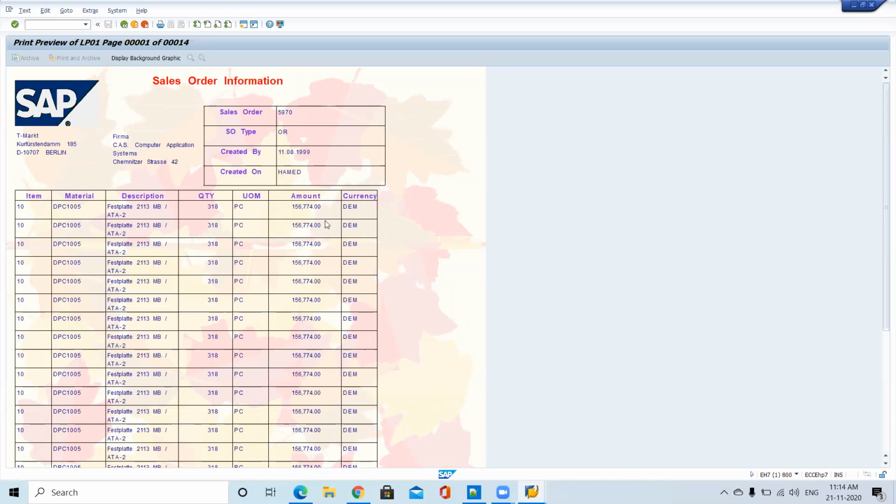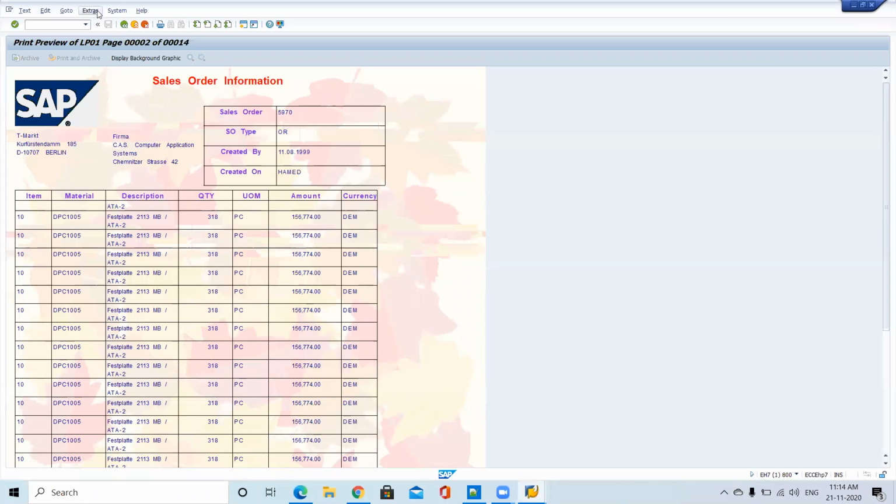So, the same one of 14 pages. This is the first page. For the first page, what is the continuation of the page? Page two format. So I'm clicking page down. Now we are in the second page. Now both the formats are the same. So that's why we are able to see the logo, from address, to address, and other header information. But I don't want this header information in the second page.